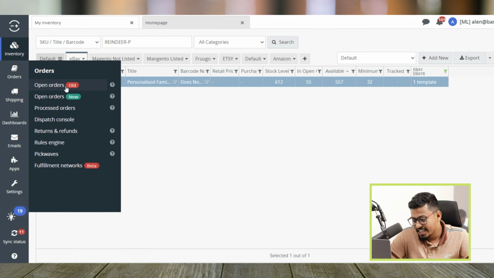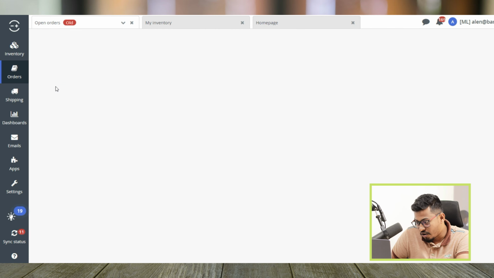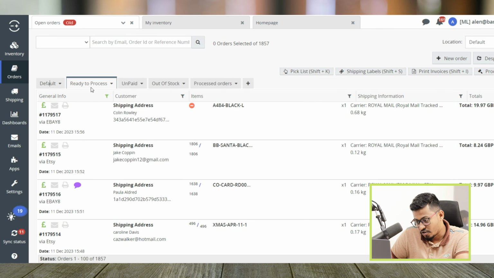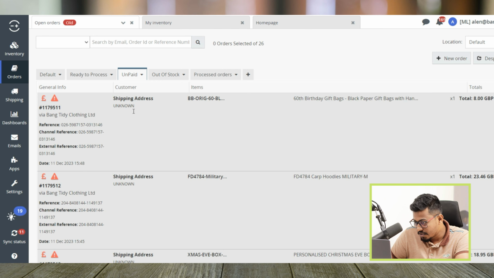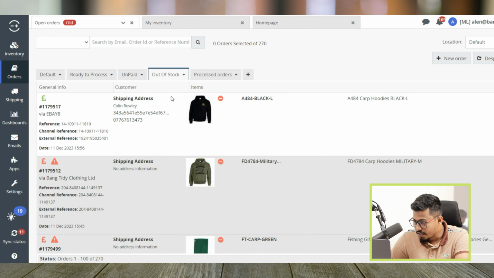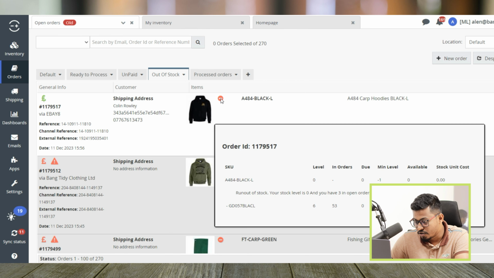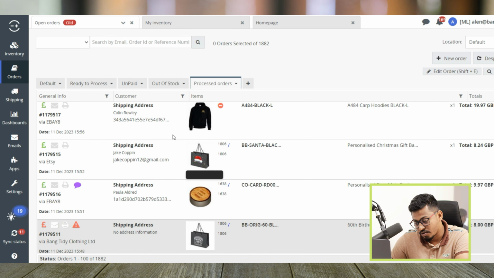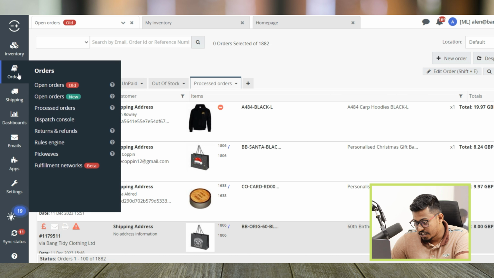So order management with Linnworks is super easy. Here we have by default all the orders from different marketplaces, and then ready to process orders, unpaid orders, your out of stock items. Also, if I set a threshold, Linnworks will alert me when my stock is low. And here you can see processed orders as well. After that, we have new orders here,